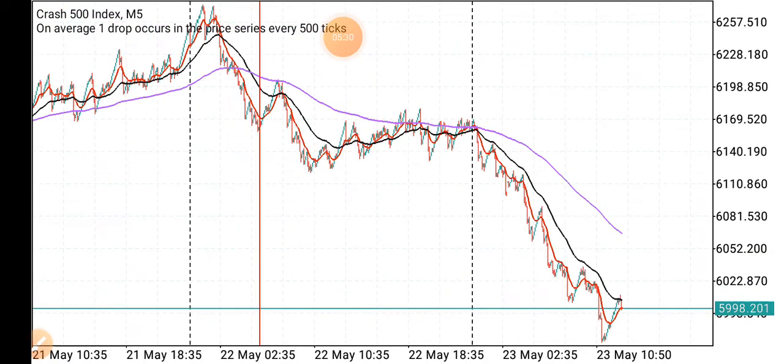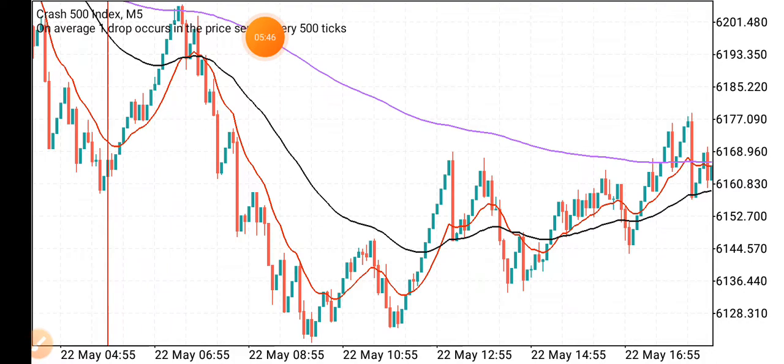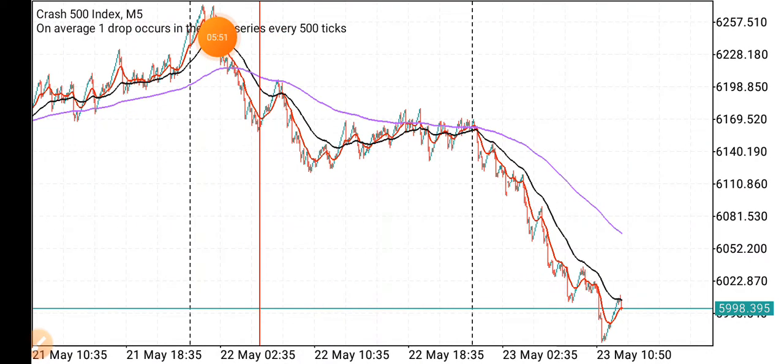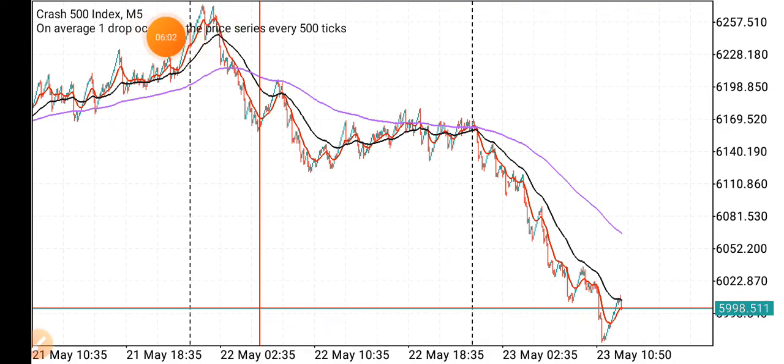For this strategy, after the black and purple cross, we're going to be looking for whenever the black and red line cross. After the red and black EMA cross right there, we will start looking for sell opportunities. So for the entry rules, you enter whenever price